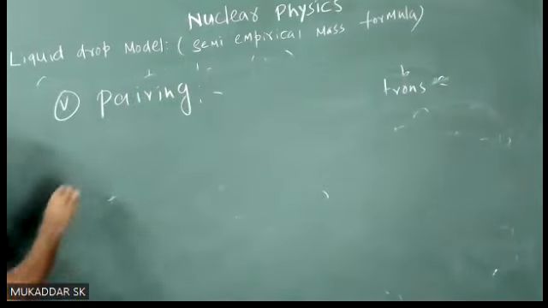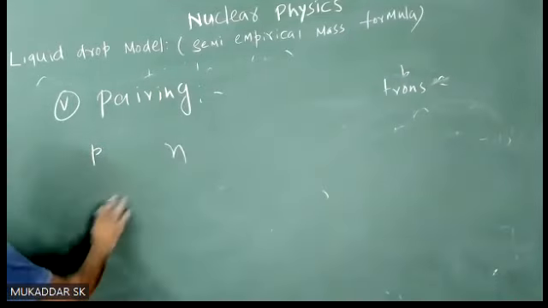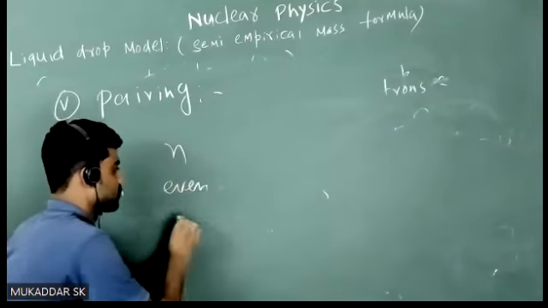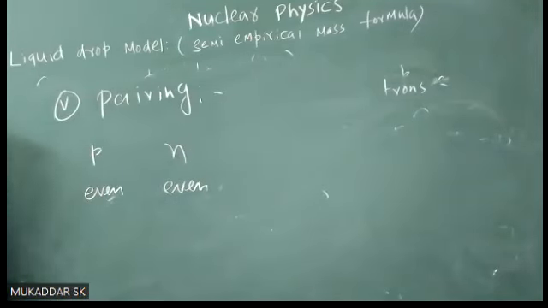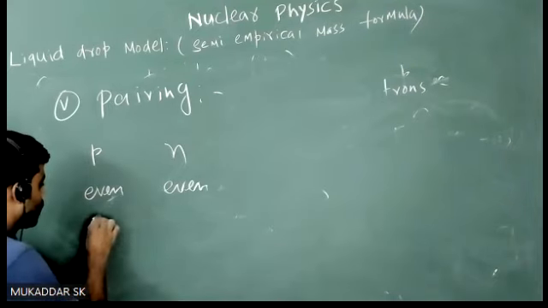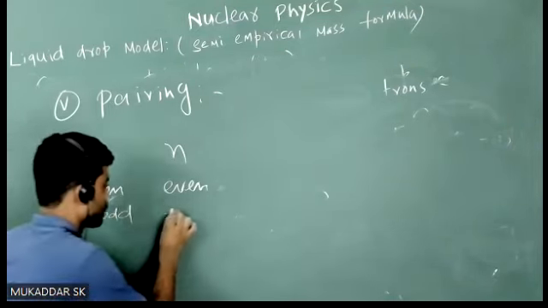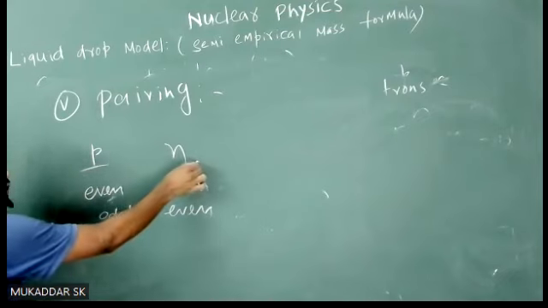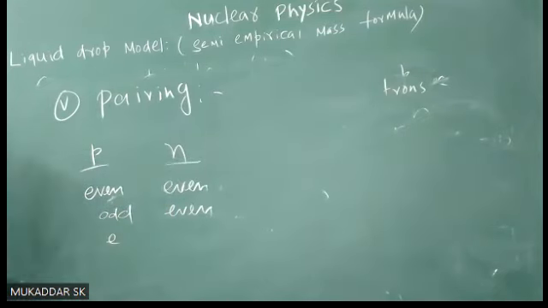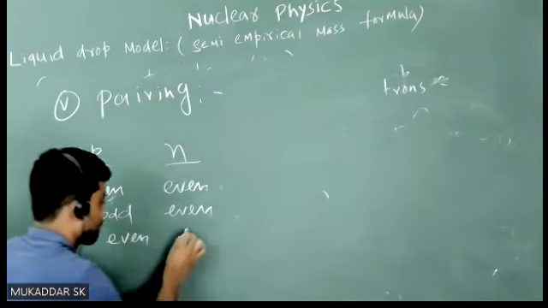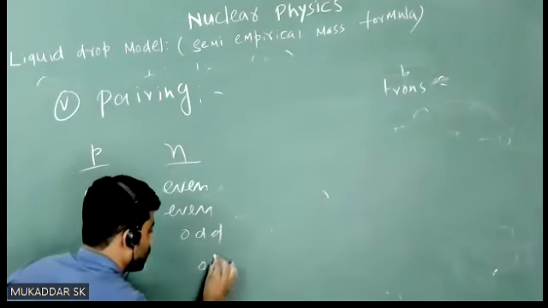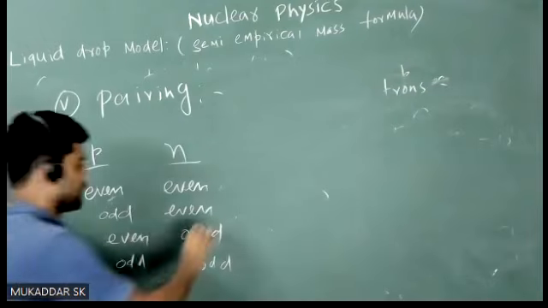तो सपोज मान लो प्रोटॉन है और न्यूट्रॉन। तो प्रॉब्लम कहाँ देखा गया है कि जो 4 टर्म में जो मिल रहा है, अगर वो इवन इवन केस है तो वो 4 टर्म जो दे रहा है वो एक्सपेरिमेंट से कम है बाइंडिंग एनर्जी। और अगर ऐसा सिचुएशन है, ऑड इवन है या इवन ऑड है, ऑड इवन मतलब नंबर ऑफ प्रोटॉन की बात है, यहाँ पे टोटल नंबर ऑफ प्रोटॉन p से डिनोट कर रहे हैं और न्यूट्रॉन को n से डिनोट कर रहे हो। अगर आपका इवन ऑड केस है और ऑड ऑड केस है, ये सारे पॉसिबिलिटी है, तो आपका जो 4 टर्म्स है इसके लिए परफेक्टली मैच कर रहा है।